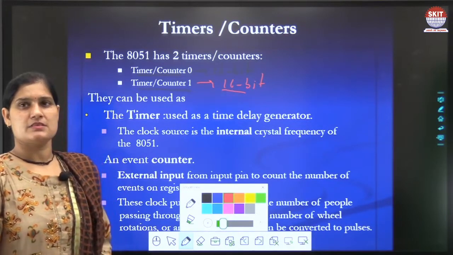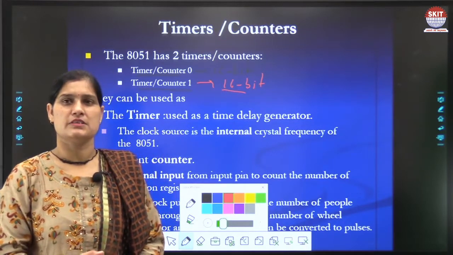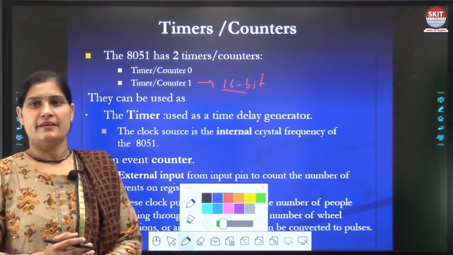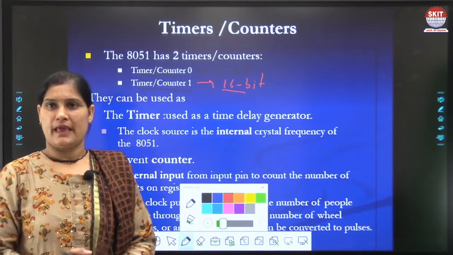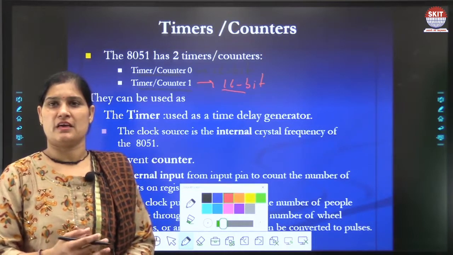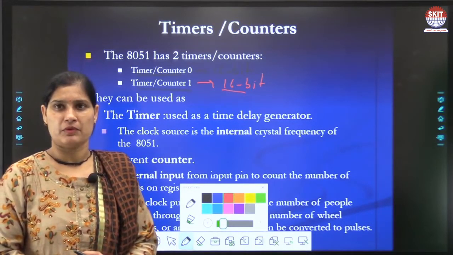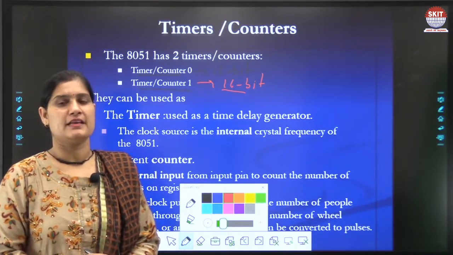We can use these chips as timer and as counter also. In timer mode, these chips are used as a time delay generator.